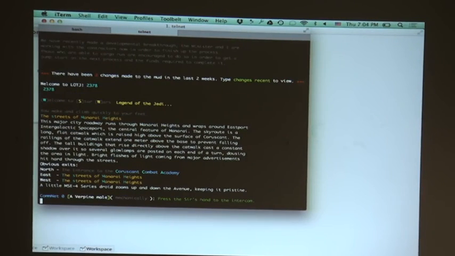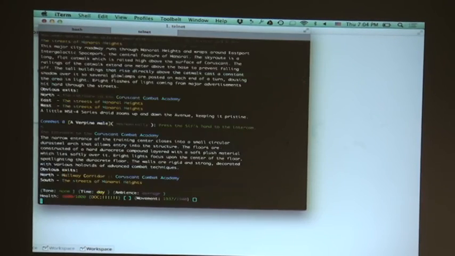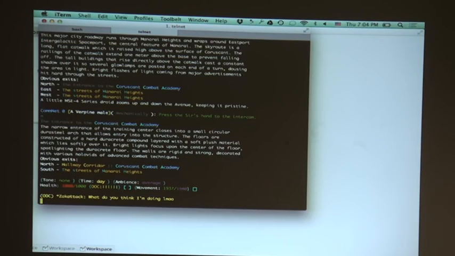You can go, for example, north, you enter N, and you move, and you are in the entrance of the Coruscant Combat Academy. You have a lot of things. It's really deep in a really nerd way. But of course, if you start moving and doing stuff, you get lost really fast. And they just provide telnet for playing. So what I say, we are Smalltalkers, we can do better, no? So in one of those nights, I